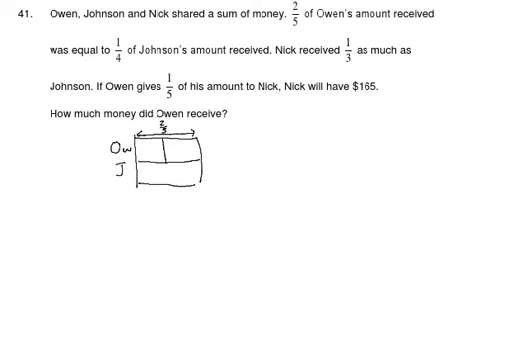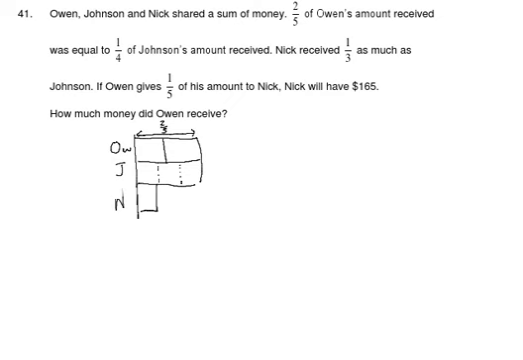Right. Next. Nick received 1/3 as much as Johnson, so I have a third person. Nick, who received 1/3 as much as Johnson. That means it's roughly around here. That means Johnson, I need to cut. Correct? Okay. Now,